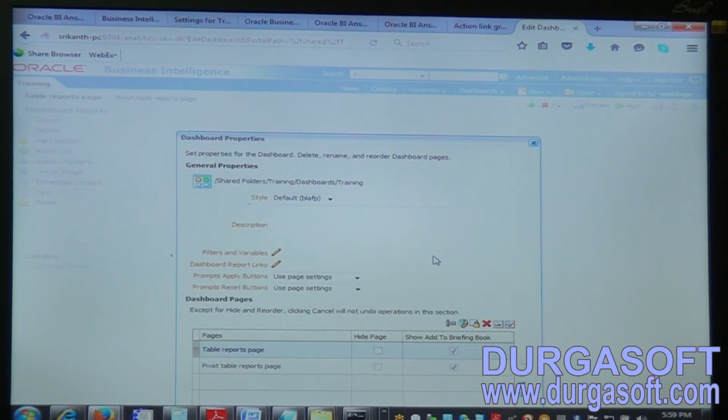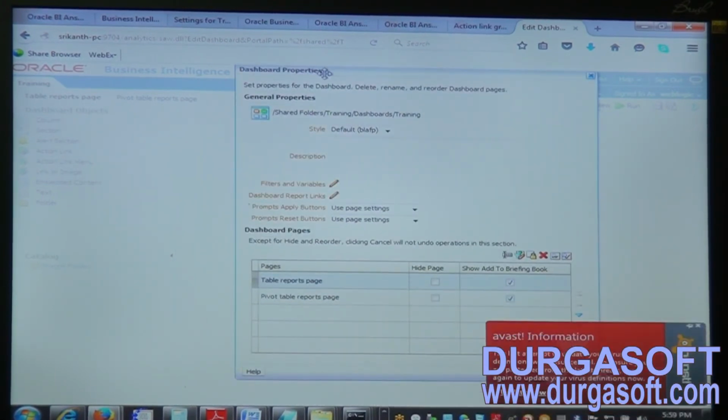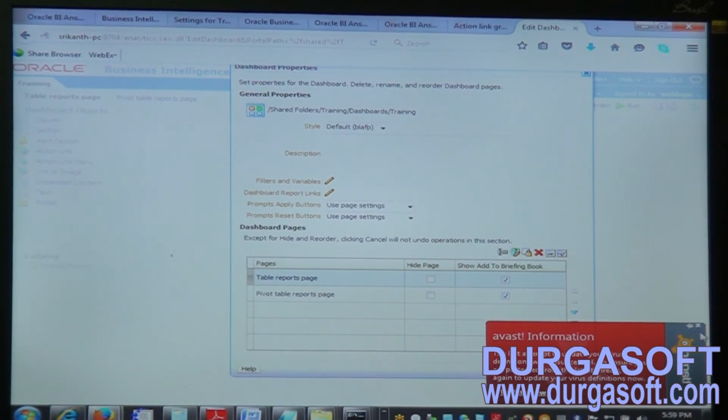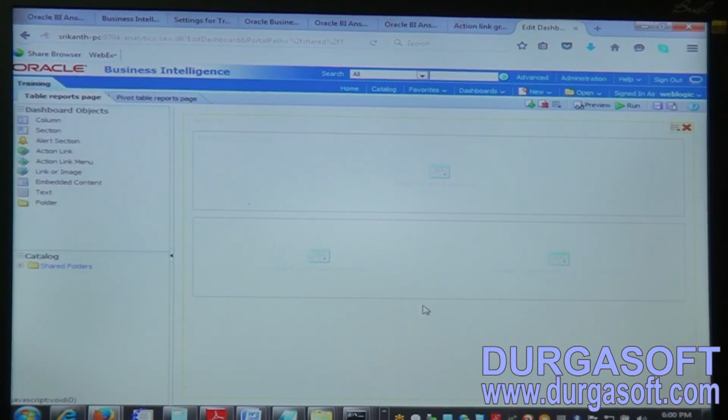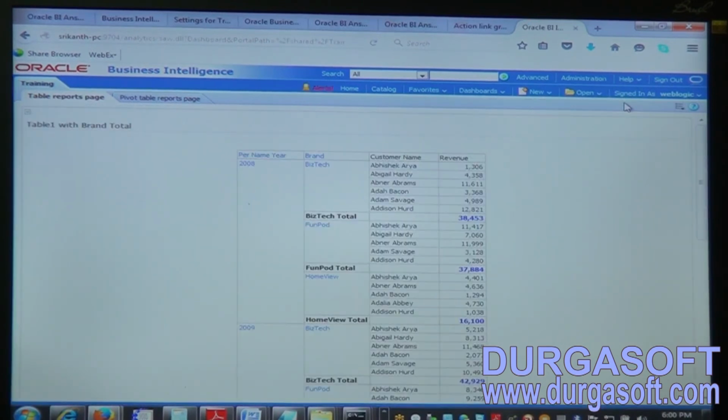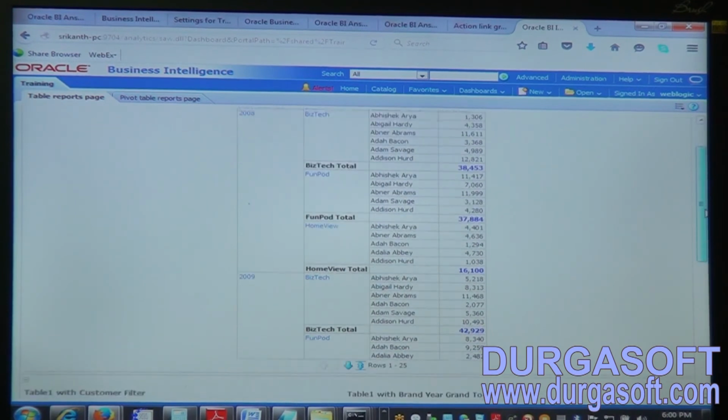Once we click OK, we can move that dashboard properties page a little bit upward and we can click OK. From the top we can move it up, and we can click OK down. OK, so the page is created. Now we'll save it. Now you can see, once we click run, the table reports page is showing, as well as